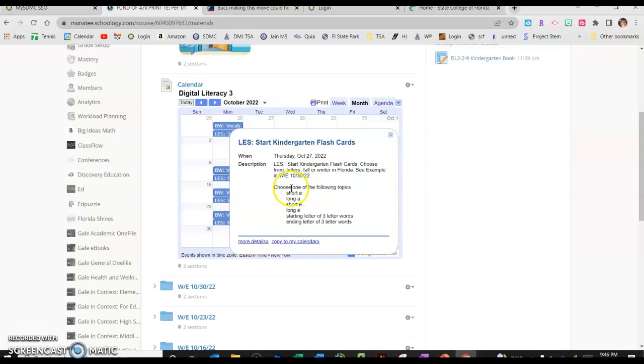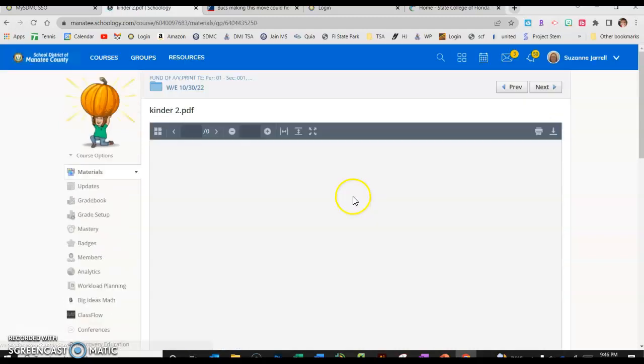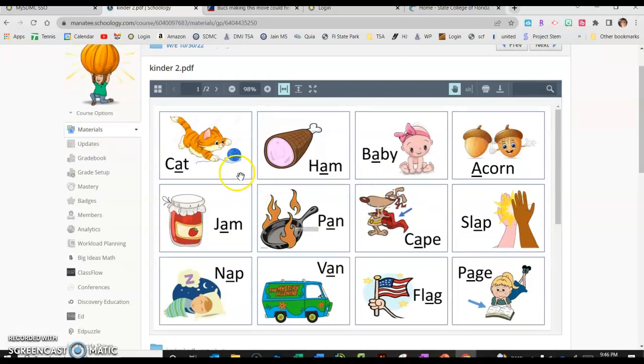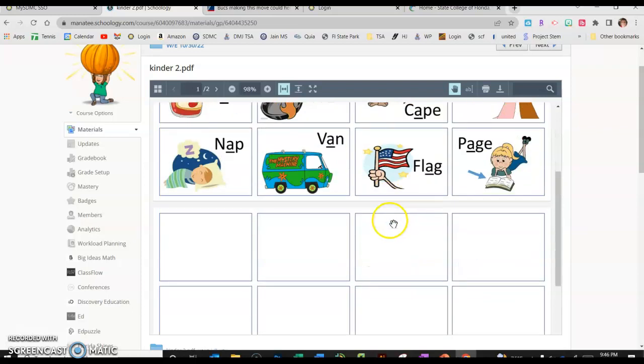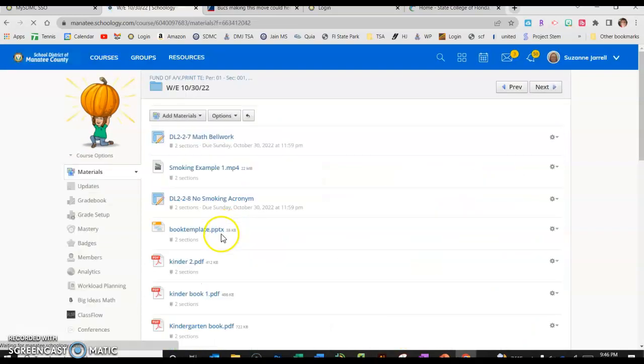So what we're going to do is, if you go to week ending 10/30, there are 3 examples. The first example is one that has the short A sound. So this is a picture, and then it's got the short A, cat, instead of A. Okay, so this is the short one, and it's basically finding little pictures and then underlining what it is. Okay, the second one is